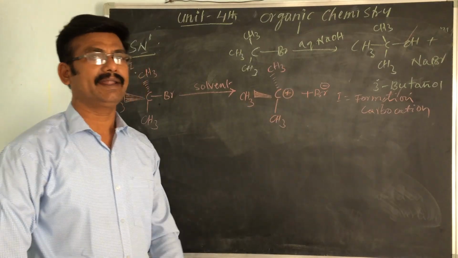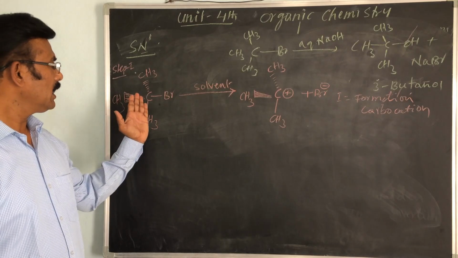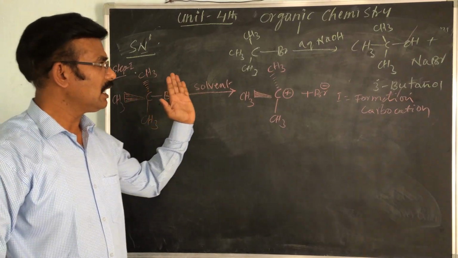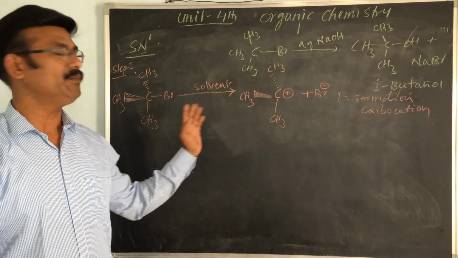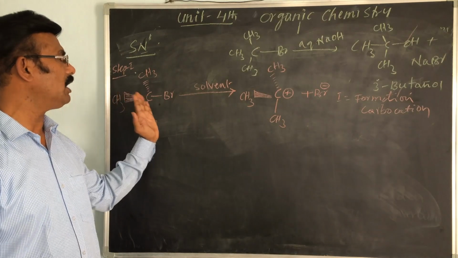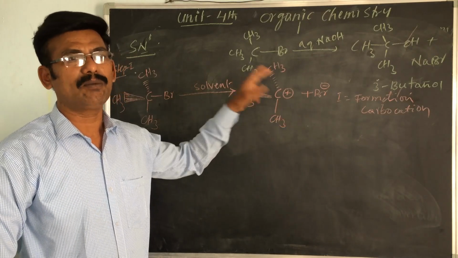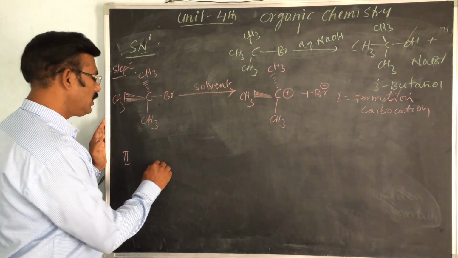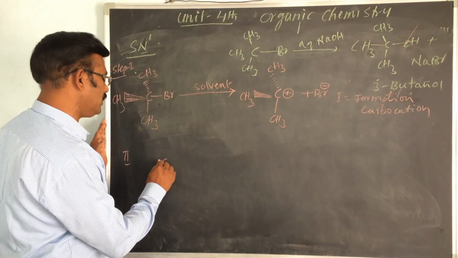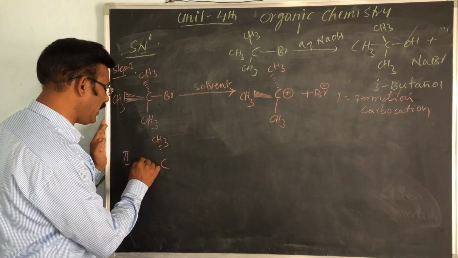In the solvent, the Br minus is just left from the tertiary butyl bromide, forming the carbonium ion or carbocation. In the second step, the carbocation or carbonium ion